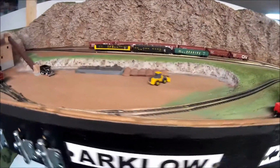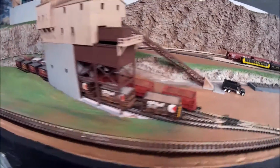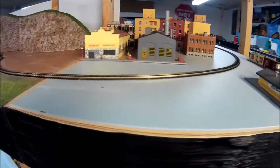This will bring us to Arklow. This is basically just a big gravel pit to make ballast and everything. So this is operated as its own industry too, so it'll be just switching from the gravel pit out to the main, or out to the interchange, which is right there, and main will pick up from there. Also have a flood loader. Most of my ore cars are just either for aggregates, or I'm not huge into exactly like ore production and stuff. Continuing eastbound